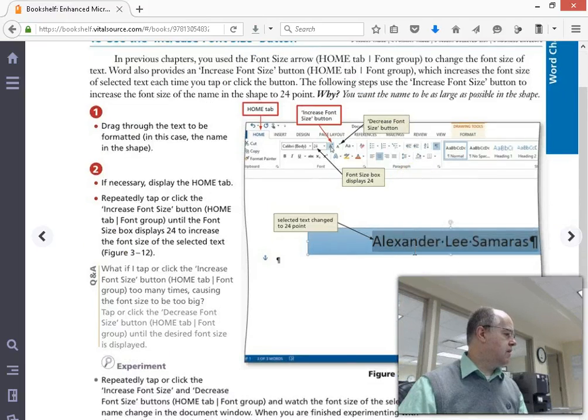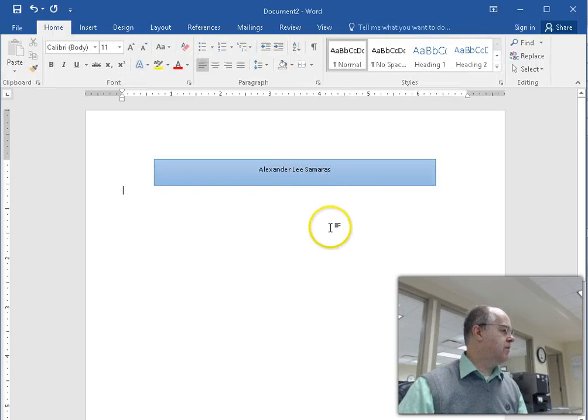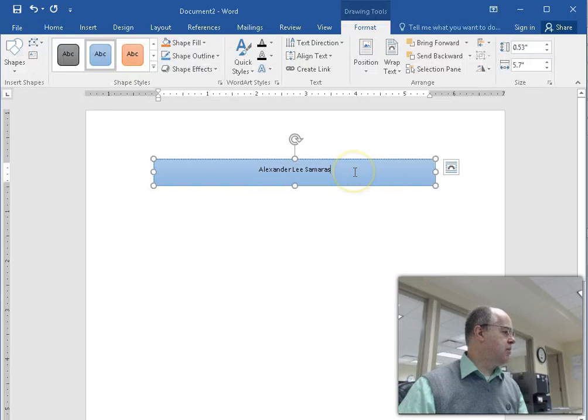And select all the text, and we're going to increase it to 24 size. I like to, see how the cursor is inside that text? If I click off of it, the shape is no longer selected. If I click once on the shape, it automatically puts me in edit the text. I can Control A, select all the text within that shape, and Control Shift greater than lets me increase the